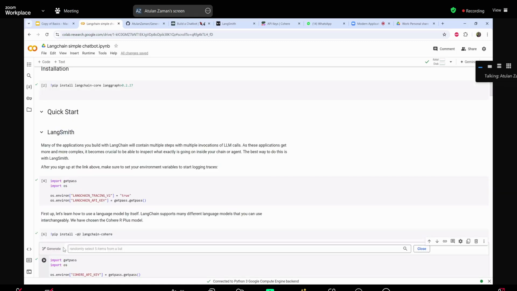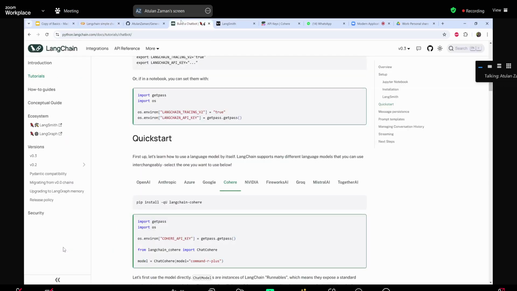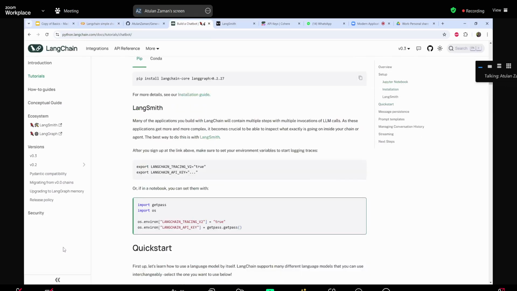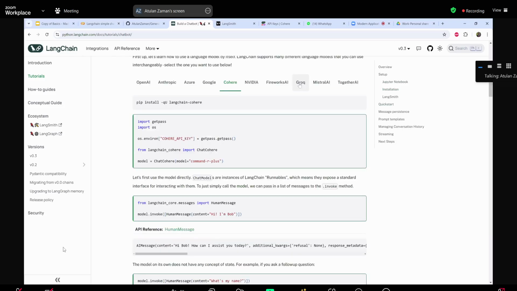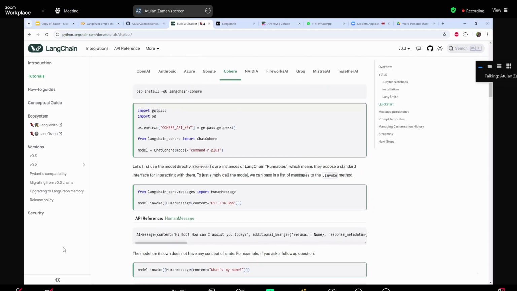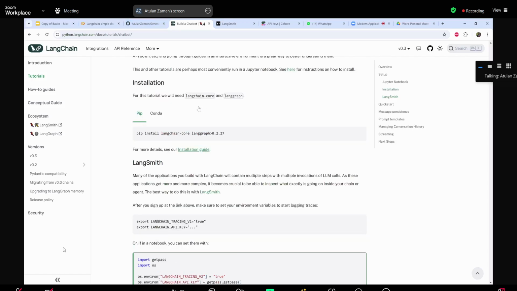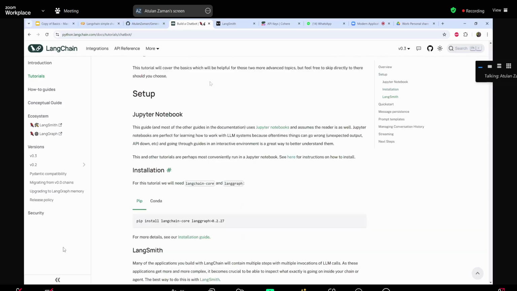So I'm going back to that example. So ওদের যে এক্সাম্পলটা আছে এখানে চ্যাটবটের, they support a few different models like OpenAI, Anthropic, Azure, Google. So I chose the most easy to use and the free model, which is Cohere. Cohere has an open source model that is easy to get a key for and all of that. So that's why I chose this. So আমি জাস্ট কুইকলি দেখিয়ে দিই যে কিভাবে করতে হয়। সো আমার এখানে লিঙ্কটাও দেওয়া আছে আপনারা যখন ইউজ করবেন। সো ইউ হ্যাভ টু গো টু